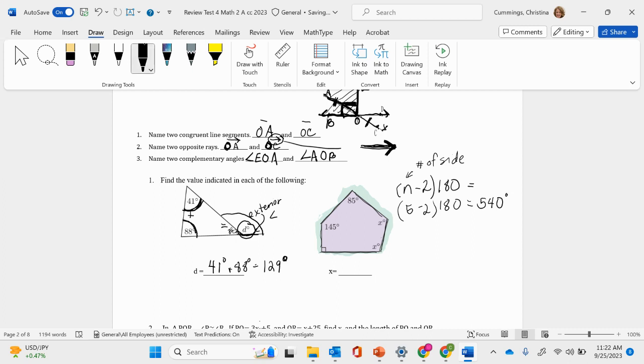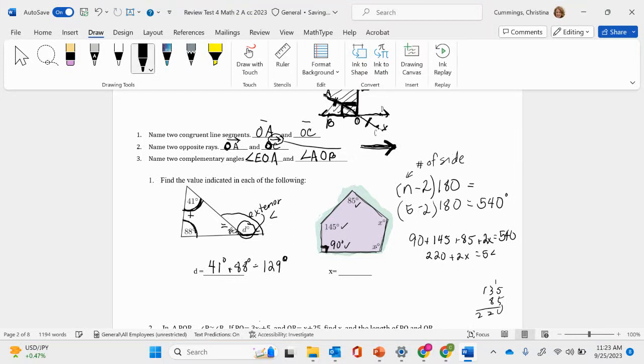So let's add them together. This is checking to see if you remember that that means 90. So it's 90 plus 145 plus 85 plus x plus x. Let's just make that 2x equals 540. Okay. 90 plus 145 is 235. 235 and 85 is going to equal 320. Okay. So this is 320 plus 2x